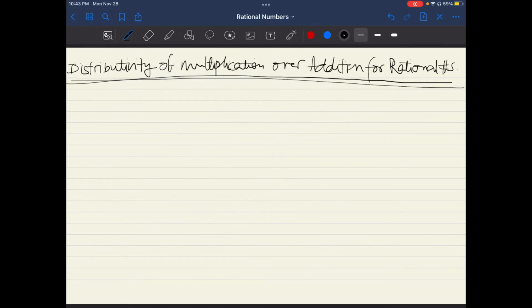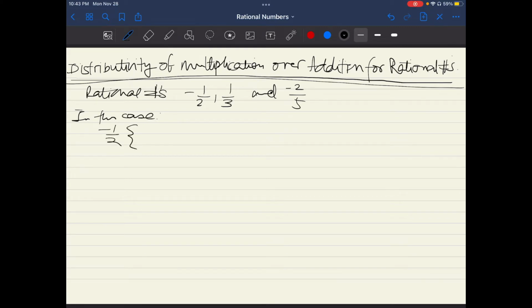Now let's look at distributivity of multiplication over addition for rational numbers. Let's look at rational numbers minus 1 over 2, 1 over 3, and minus 2 over 5. In this case, minus 1/2 times (1 over 3 plus minus 2 over 5) equals minus 1/2 times